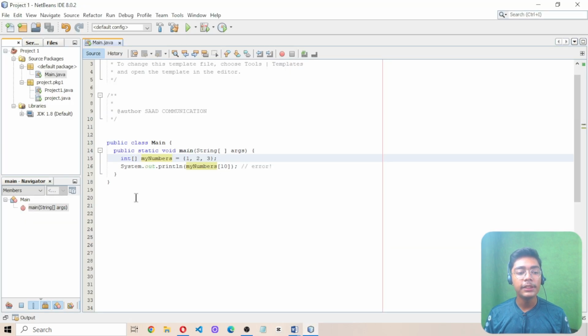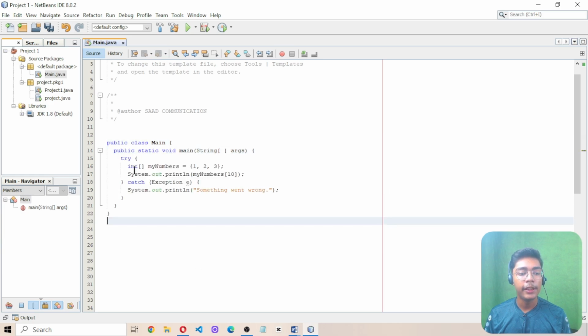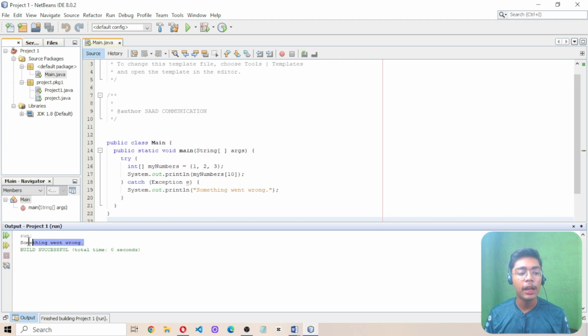Moving on to my NetBeans IDE, I will be replacing it, or you can comment out and then paste, but I will be replacing it here. Then I will run this file again by pressing right click, and you can see this time we are not getting any exception error. It is only printing a text which says something went wrong,